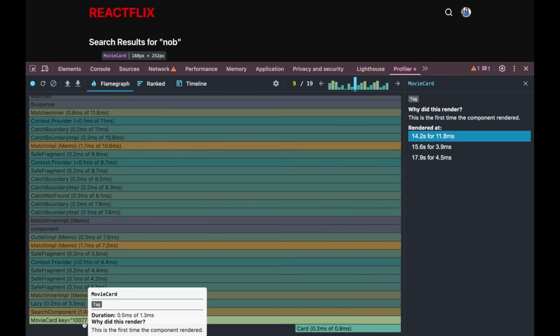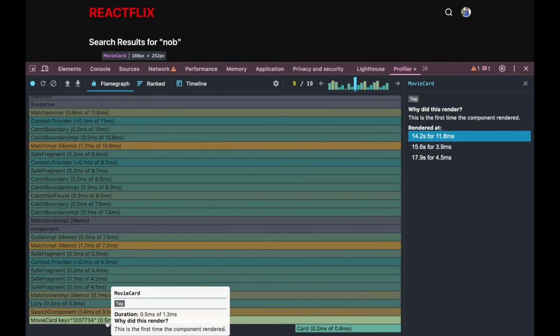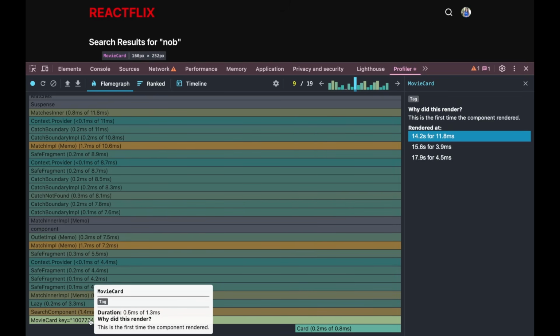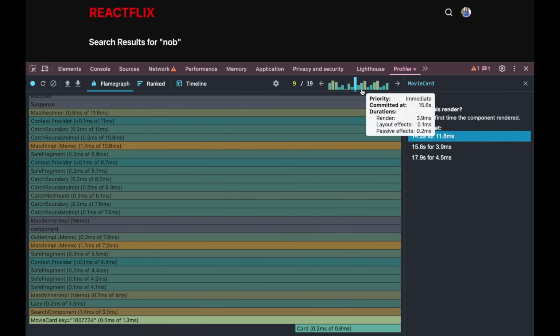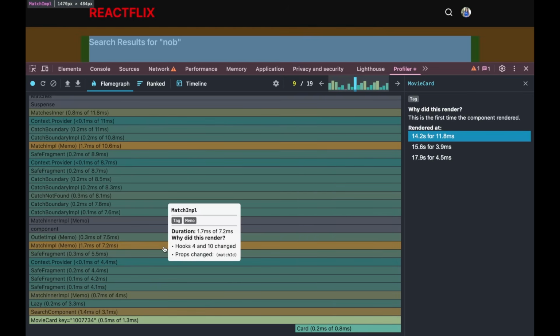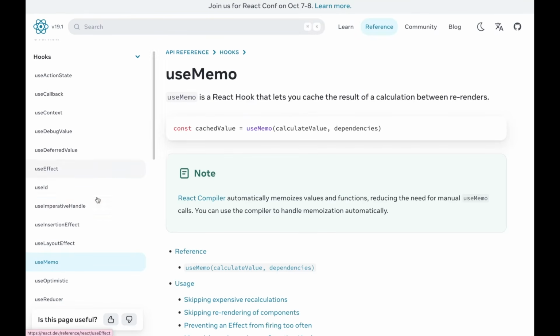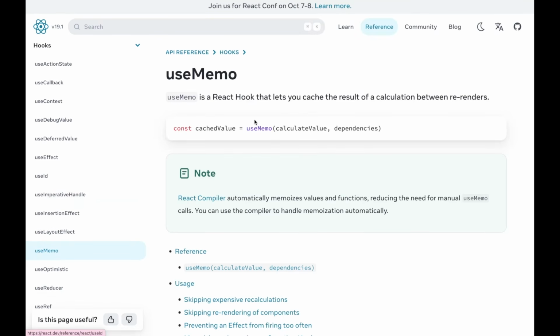And you'll also notice here that we've got movie card key equals this thing. That is basically why we wanted to keep key as a unique thing, because React will take a look at key to check if it should re-render this or not. But if you'll notice, most of the components are taking 4.8 milliseconds, but there is one that is kind of huge. Now, in order to prevent re-rendering of components, I want you to take a look at two hooks, use